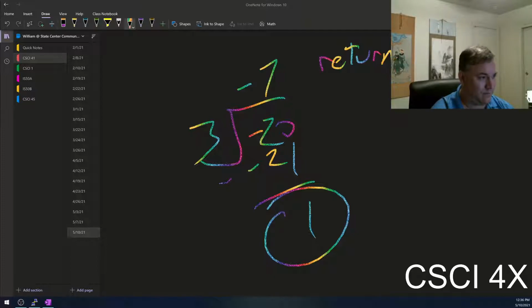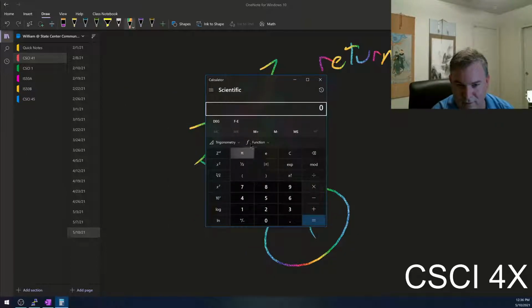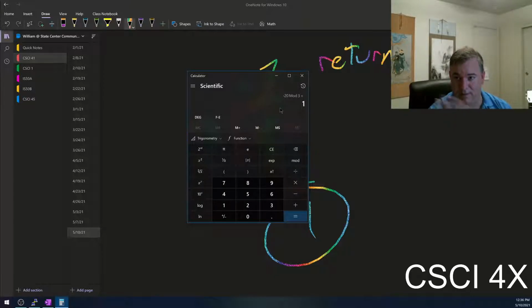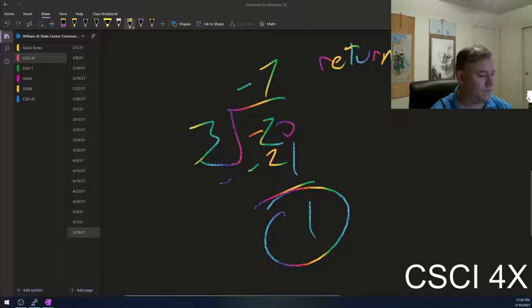So let's see if Windows Calculator used to have that problem. I think they fixed it, right? Let's see, negative 20 modulus 3, 1. Yeah, see, they gave the right answer here. It used to give a negative number, 2. Let's check on